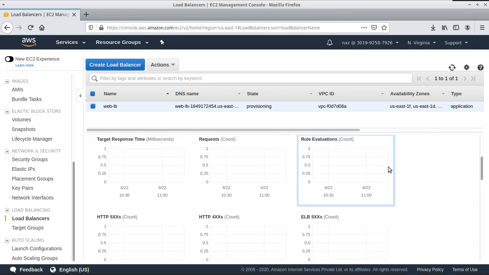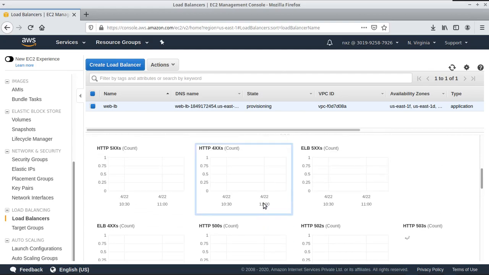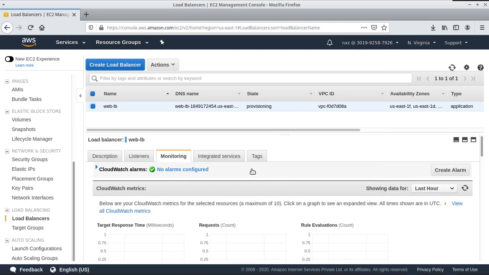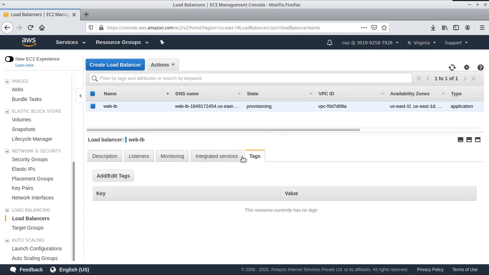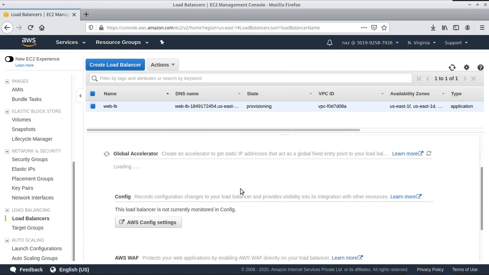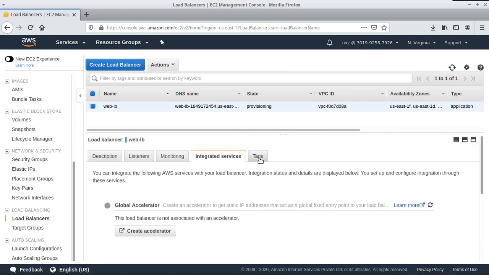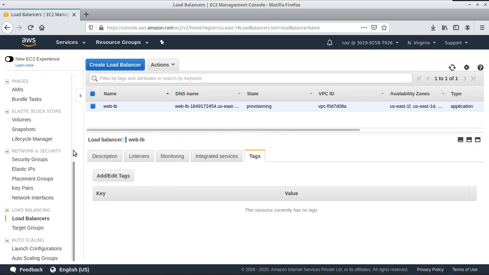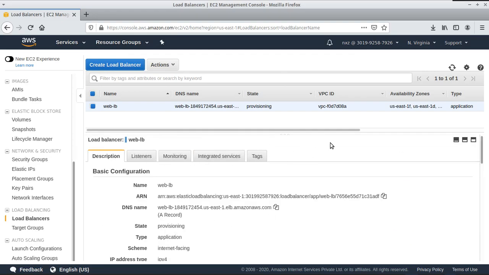So we have all the basic monitoring, and tags, nothing fancy there. Integrated service, nothing fancy. So if we go to the target groups,